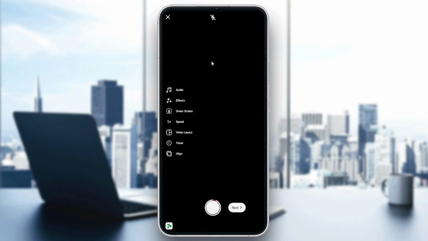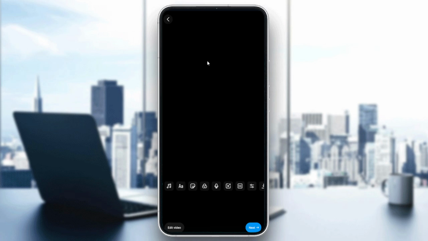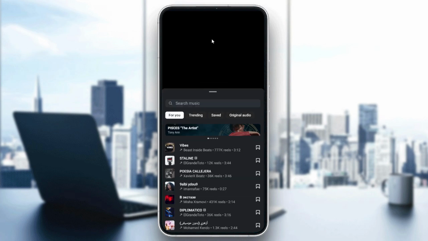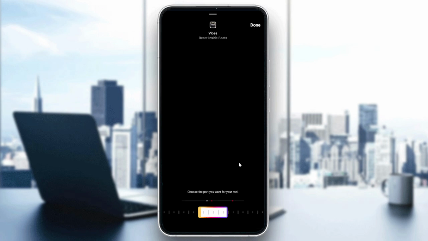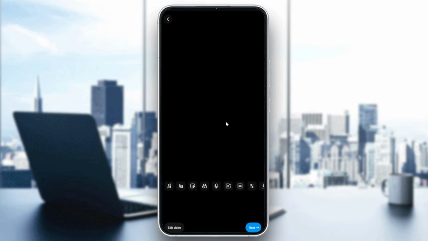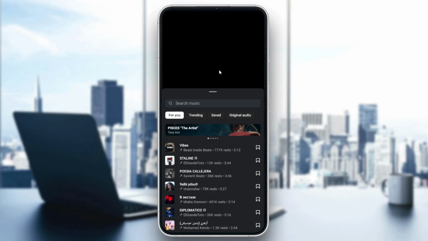So let's just go back and from here I'm just going to click on next and I'm going to explore audio. I'm just going to add and basically you can add any audio here and I'm just going to click on this one and add it. So I'm just going to click on add and you can also start going to the voices and start adding